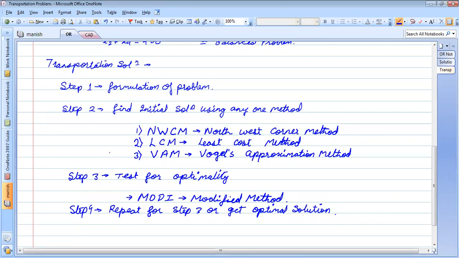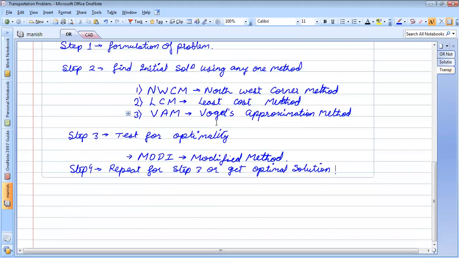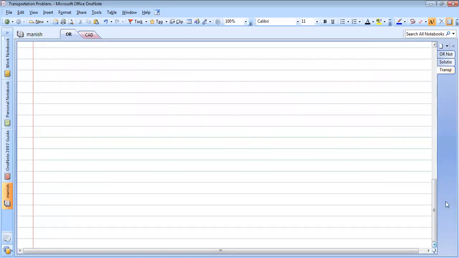Okay. So these are the 4 steps. We have to repeat these 4 steps to get the solution. Now, if this is okay, then let us move to formulation of a problem. How do we formulate a problem?